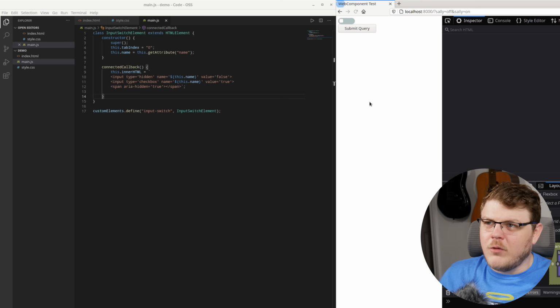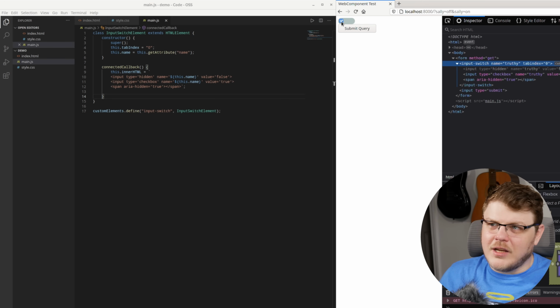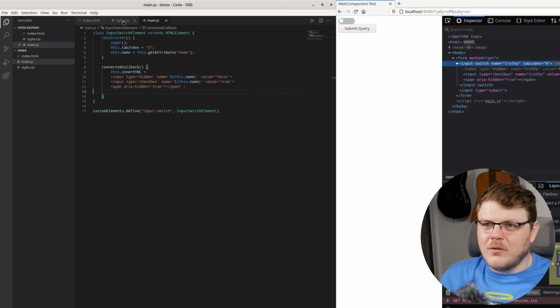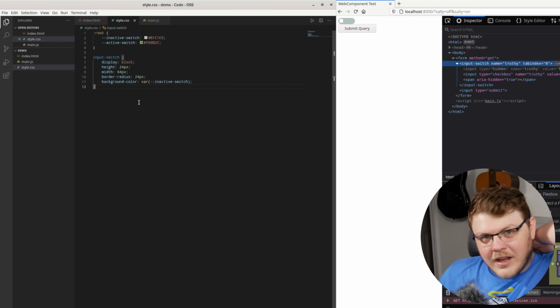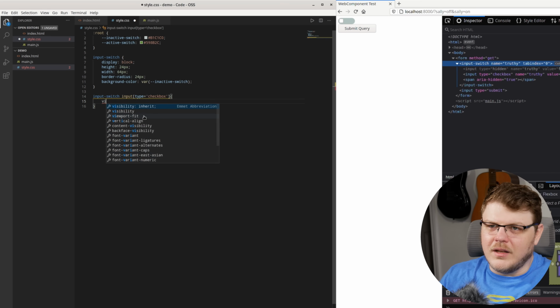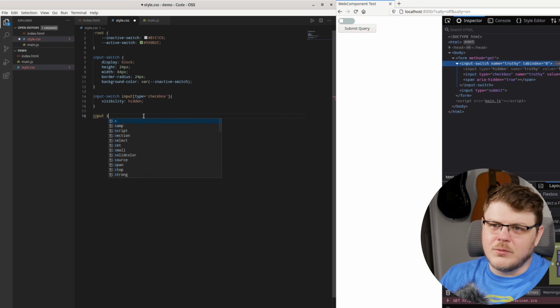So now if we save and refresh the page, you can see that we actually have a checkbox here. Pretty nifty, right? But this still isn't the type of toggle switch that we're accustomed to on touch devices and if you're using Linux like GNOME. So let's go into our styles and start assigning some styles here. The first thing that we want to do is input switch input type equals checkbox. And let's just say display visibility hidden. And then let's do input switch